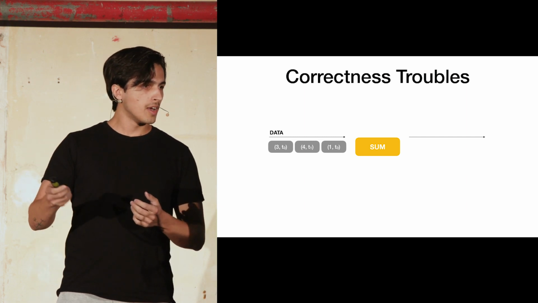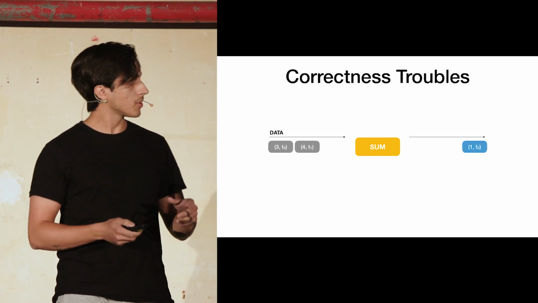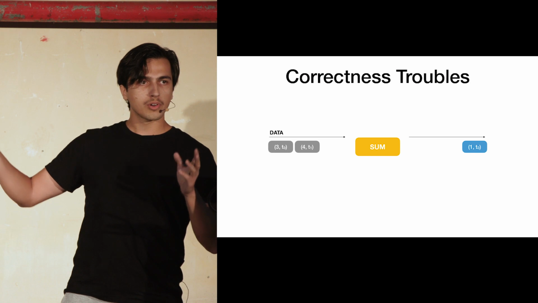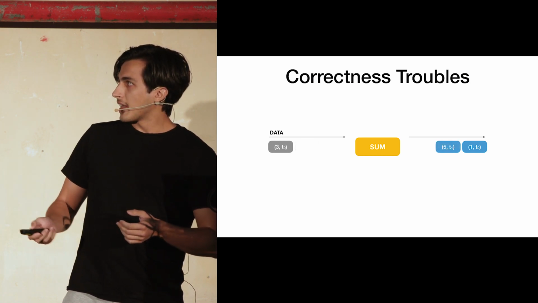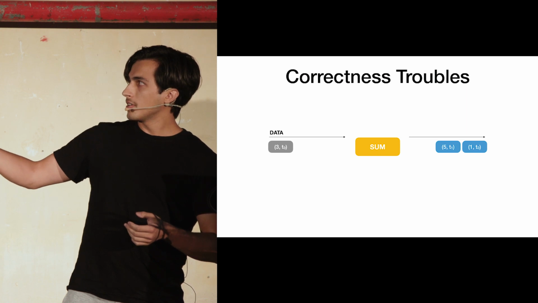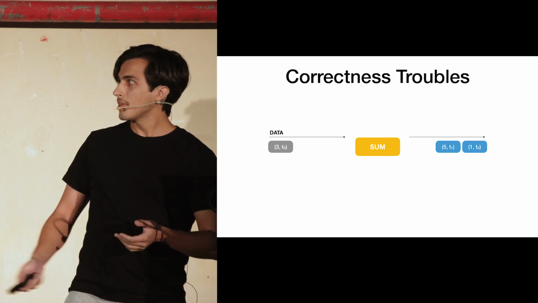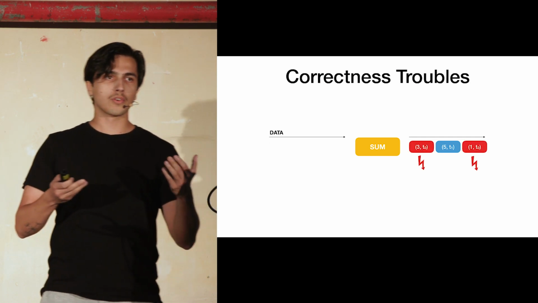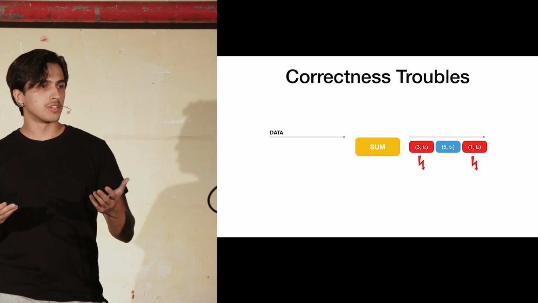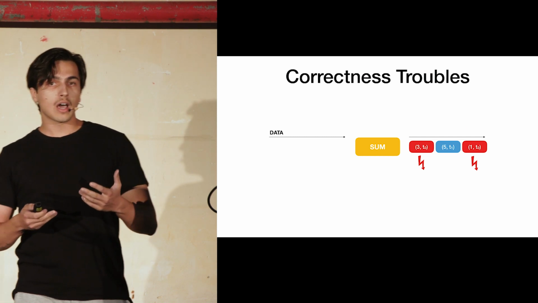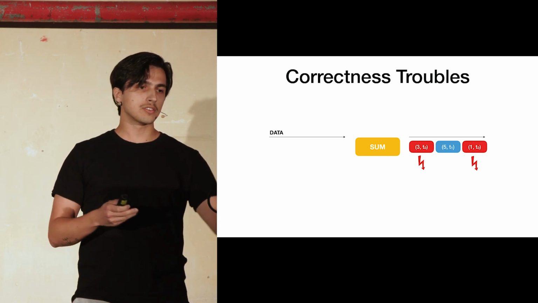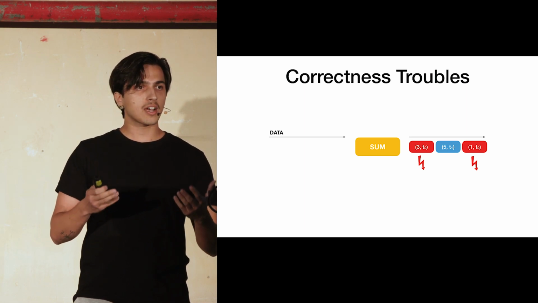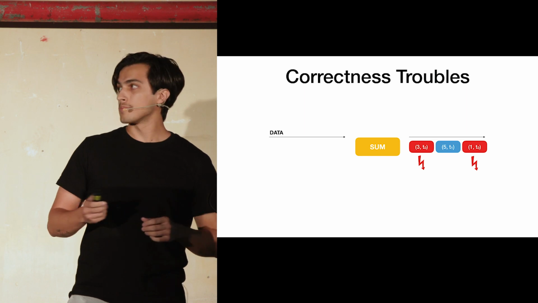So if you play this through and we ingest the first tuple, this first tuple carries the count of 1 and is marked for the timestamp T0. We simply report the sum of 1. For the next tuple, it is marked for the timestamp T1, and so we report the updated sum of 5. And now we are hit with a late arrival because we ingest a tuple that is marked for the timestamp T0, for which we already reported a result. So now we violated the basic consistency guarantee because what we reported for T0 contradicts itself, and we did not reflect the entire state of our database at timestamp T0.